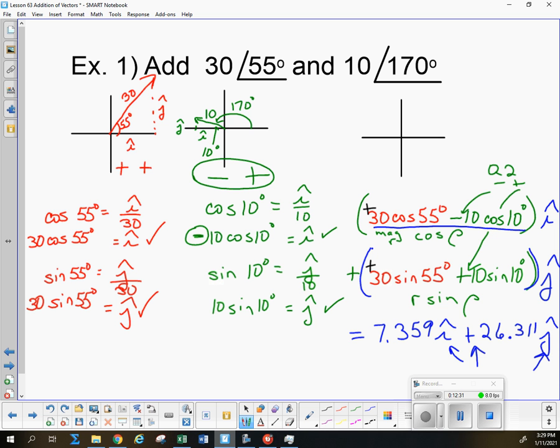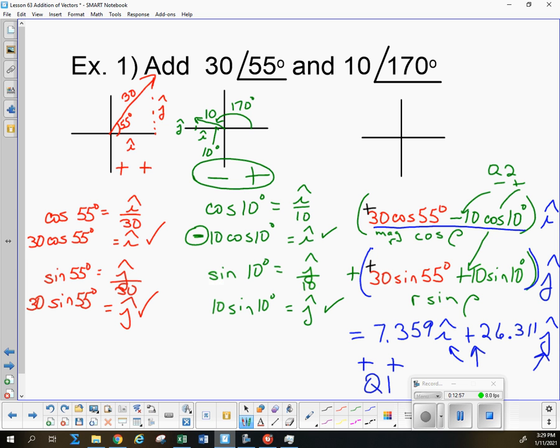A plus sign, since my calculator just said this one was positive. So let's take a look at what we have. This says I have a positive i-hat and a positive j-hat, which means I end up in Q1 for my final answer. So taking a look back at the pictures that we started with,